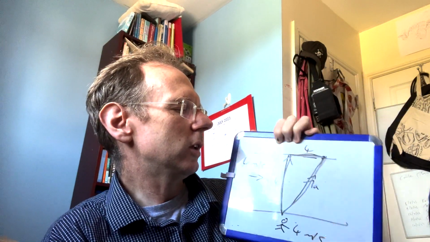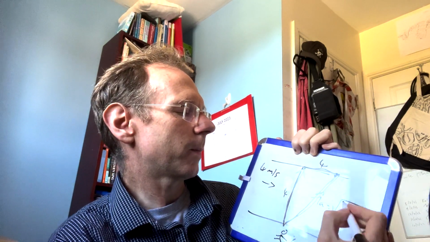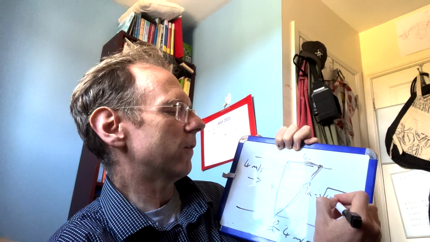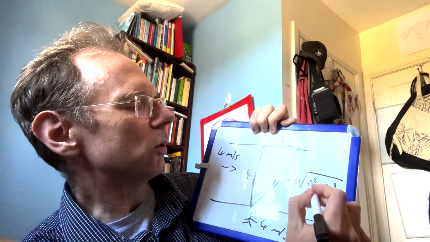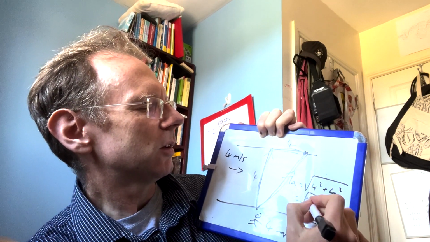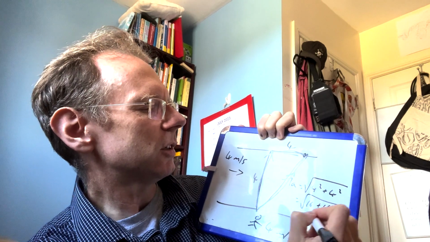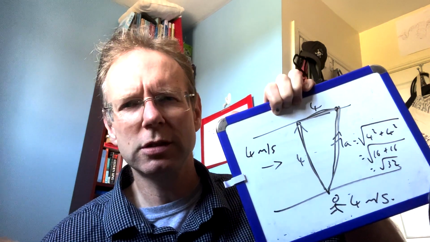So a squared is b squared plus c squared. So a is the square root of 4 squared plus 4 squared, equals the square root of 16 plus 16, square root of 32, which is